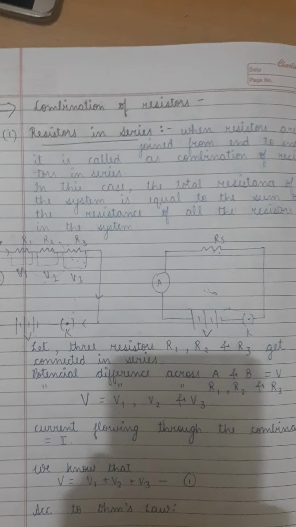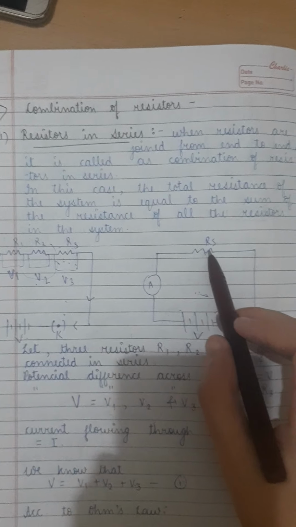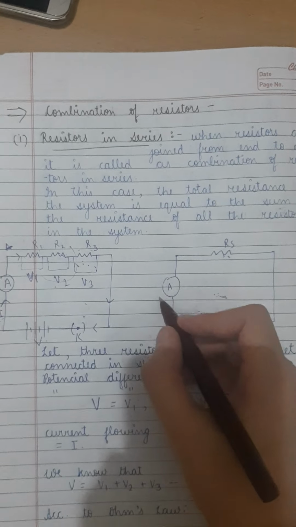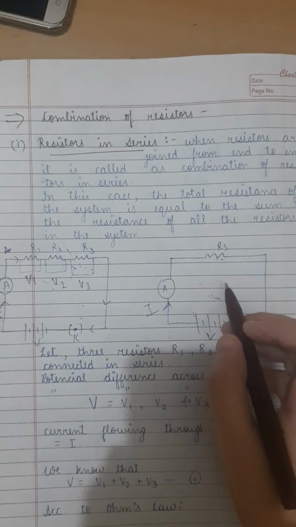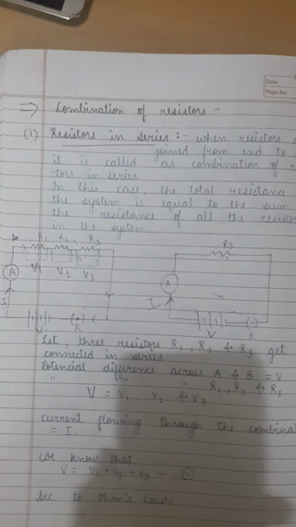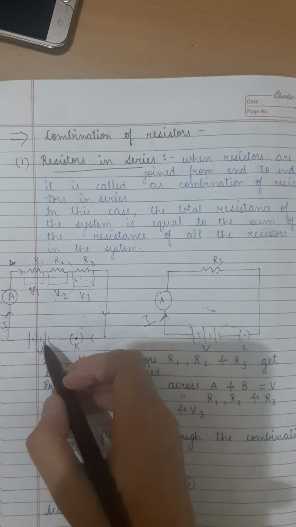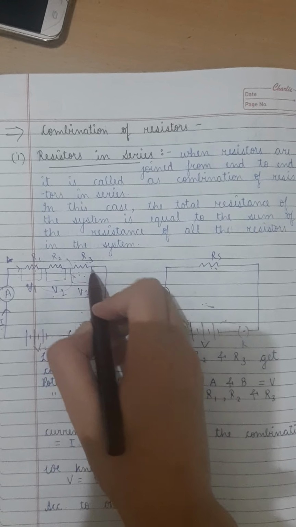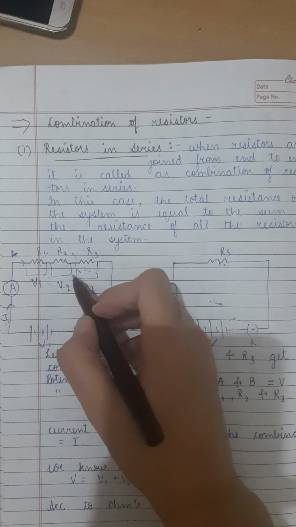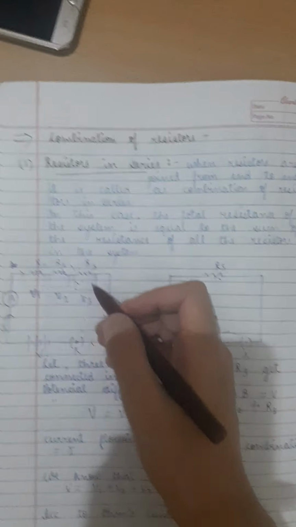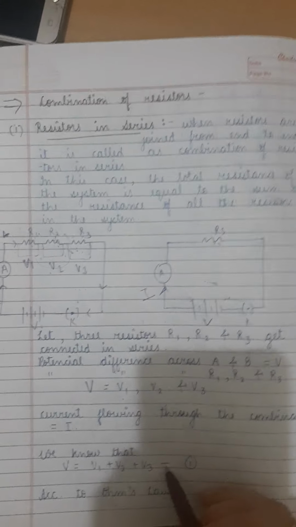Now, you will calculate the equivalent resistance for all the three resistors. I have denoted it by RS. Here's another circuit in which the same current I is flowing and the same potential difference is provided in this circuit also. Now you have to note one point over here, and that is the total voltage will get divided between the three resistors. So let V1 be the voltage supplied to R1, V2 be supplied to R2, and let V3 be supplied to R3. Now you can write V as the sum of V1, V2 and V3.